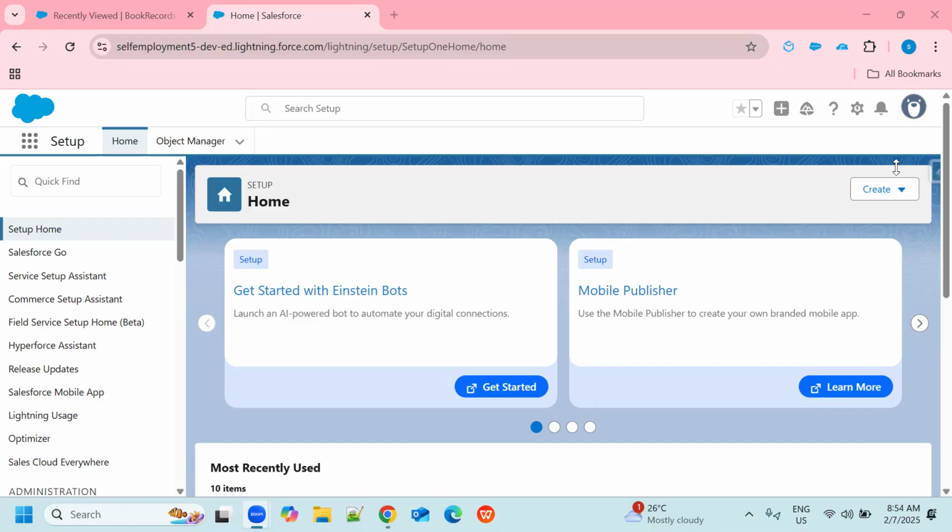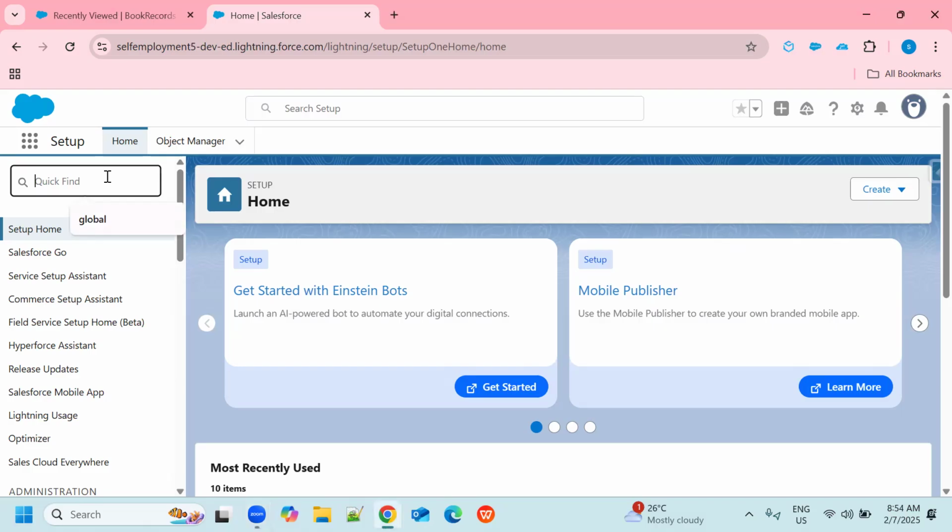Okay, so we can perform any task like a custom button or quick action, like create a record, update a record, log a call and all by creating global actions. And we can use these actions in any object where we want to use them, right? So we are free to use this action in any object. This action is not object specific, right? So let's see how we can do this.